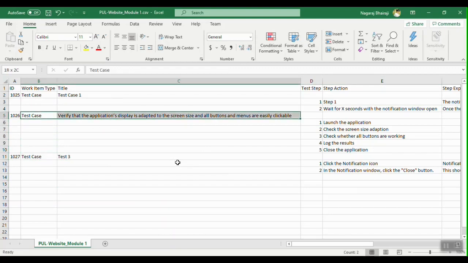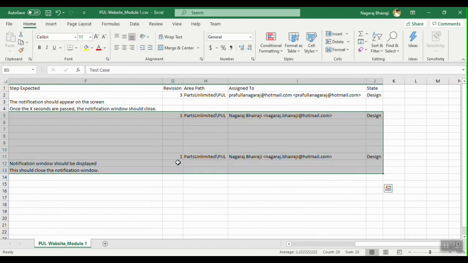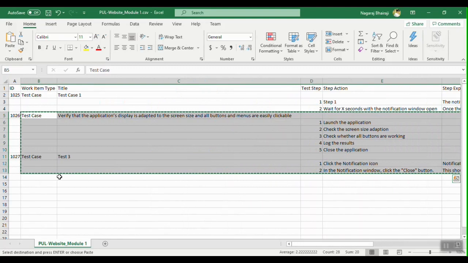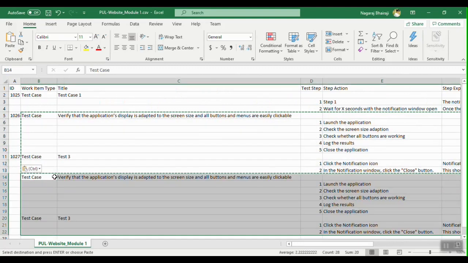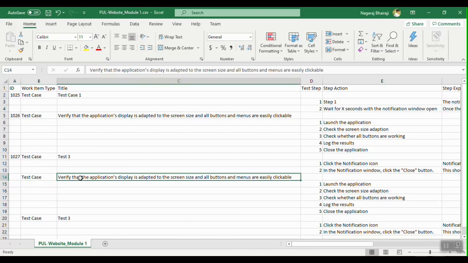Now let me copy these test cases and create new ones. I have to leave the ID value blank because this will be auto generated. So let me save from CSV.